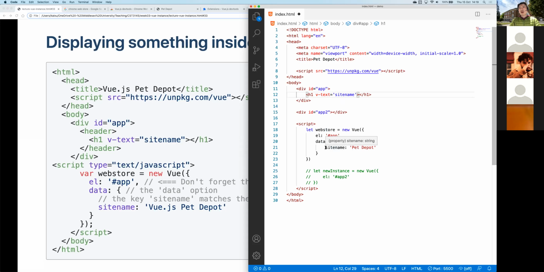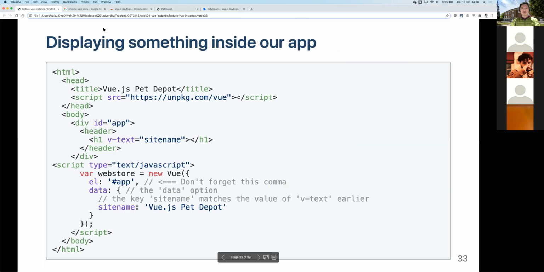Is using the value of the site name. Use that as the text for this h1 element, or it can be a p, could be li, anything. So what happens is now you will have an h1 which shows pet depot. Okay, so I'm gonna save the page now, and we go back to